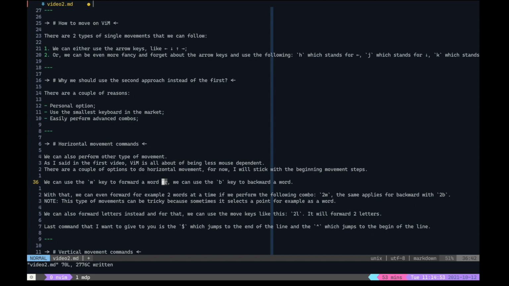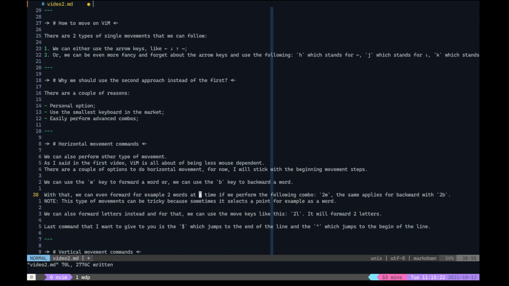You see the comma here? If I press W, it's treated like a word. So that's one special note to keep in mind, because that's how Vim interprets words: punctuation, signs, everything is a word. Now next, we have combos, and if I press, for example, 4W, it goes 4 words forward.